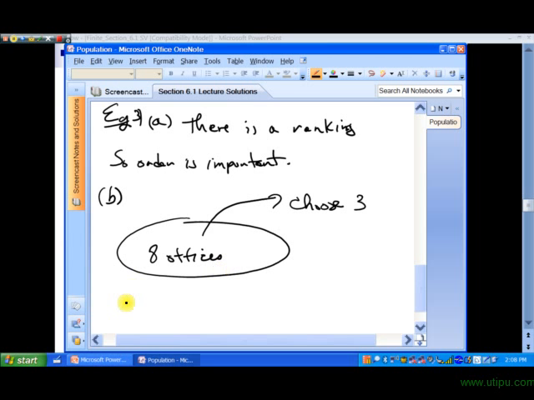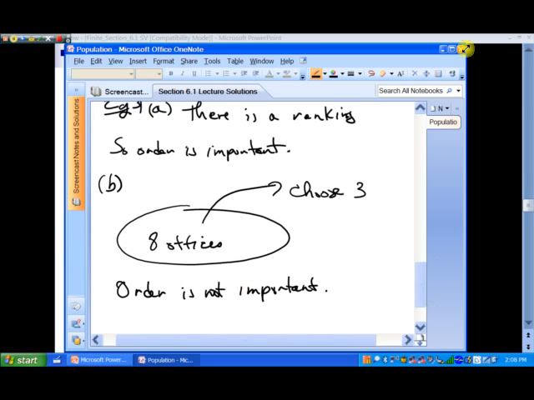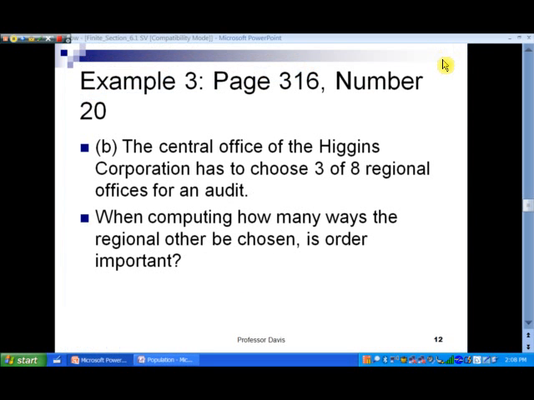They're certainly not ranked where one is the best, one is the worst, that kind of thing. So in this case, order is not important. All right, so there we've learned the distinction between order being important and it not. And then we talked about what it means for an experiment to be